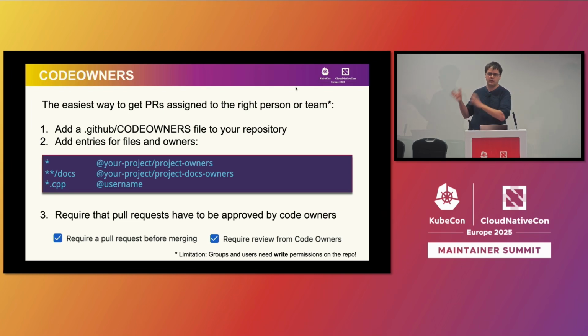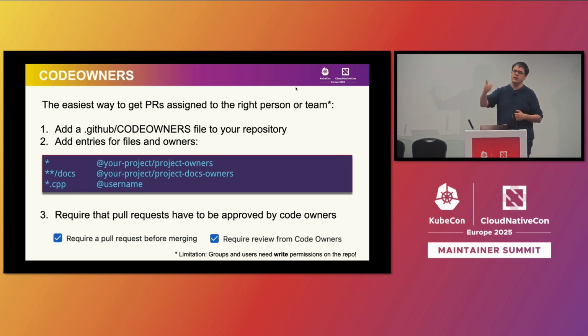So the cool thing with code owners is to get you started, if you have multiple folders, for example, you have a documentations folder or you have a folder per component, what you can do, you can put lines into this code owners file and say hey, those people here are responsible for this and that component, those people over here are responsible for this and that component, and GitHub is then automatically assigning them. And if you do the settings as outlined at the bottom of this page, they're required to review that to merge a pull request, right?